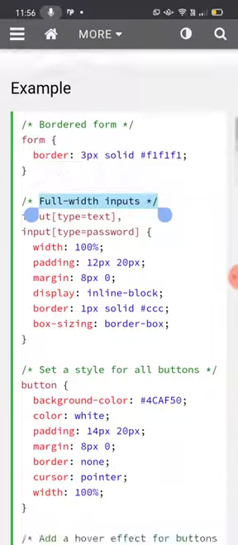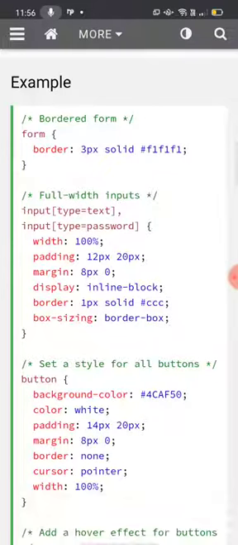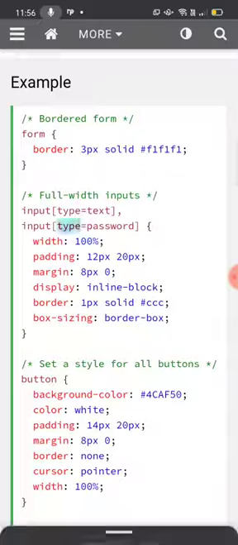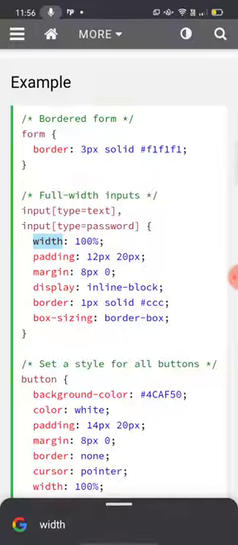Full width input: what will it give? Input type is equal to text and input type is equal to password, for both these fields. Width is given as 100%. Padding is given as 12 pixel and 20 pixel.